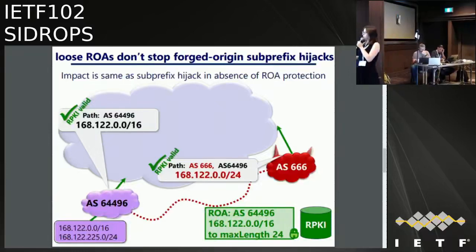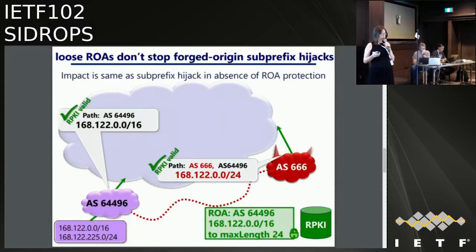Our attacker is smart, though, because he knows that there's a ROA. So he knows that the origin AS has to be the legitimate AS. And so what he does is he puts the legitimate AS number here, the subprefix that nobody's announcing, and then he puts his own number. Okay, so we call this a forged origin subprefix hijack. If you were Alberto, you would call this a type 1 subprefix hijack, according to the taxonomy you presented at ANRW this morning.